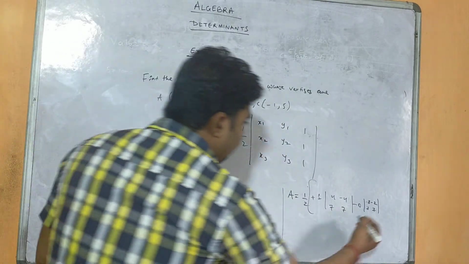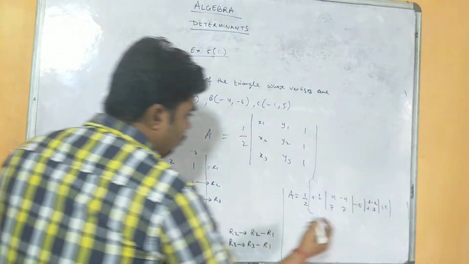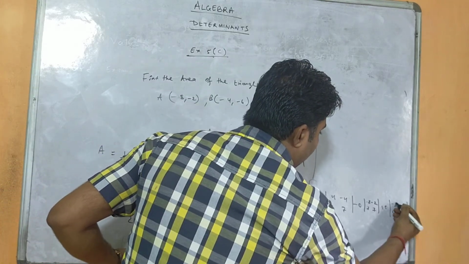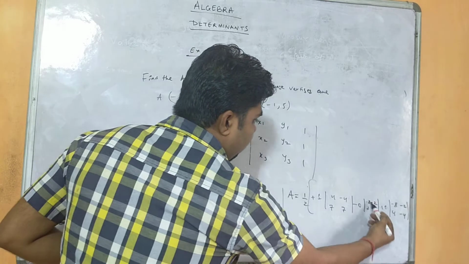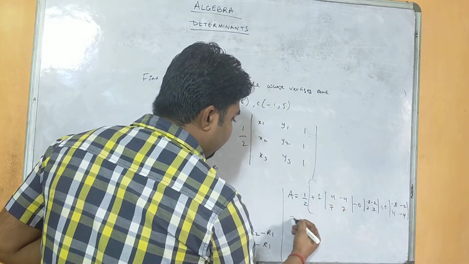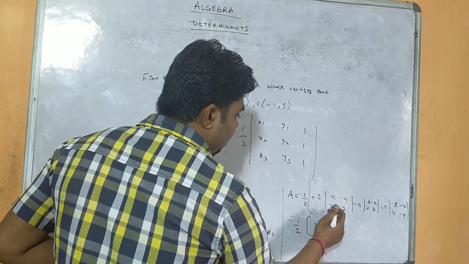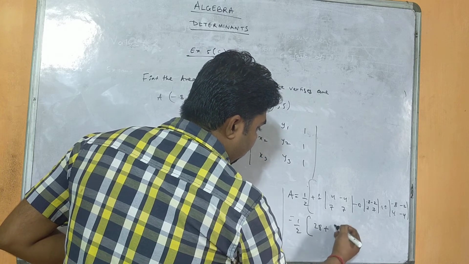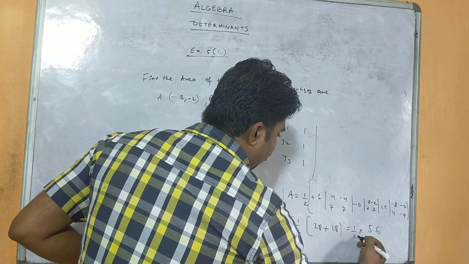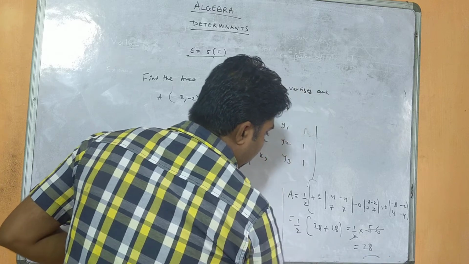Similarly, 0 of this plus 0, if you hide this and this: minus 8 minus 2, minus 8 minus 2, 4 and minus 4. Okay, so ultimately you will get 0 only, because 0 multiplied with something is 0, so we will get the value only for this term. That means 7 into 4 is 28, minus minus plus 28. So here half into 56, so you will get 28 square units.